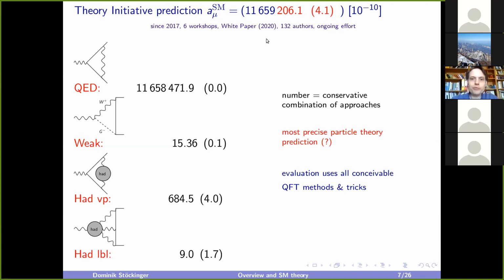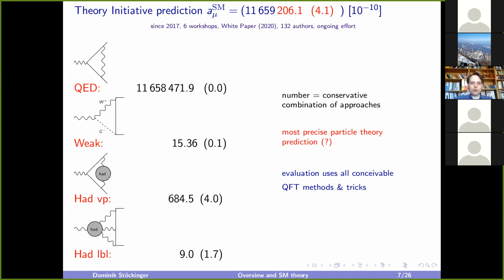So the white paper from last year put forward the number that you see at the top. Actually, okay, I'm sorry, misprint. What you see here is the experimental value. Sorry, I failed to exchange this. I noticed it yesterday, but I forgot to exchange it. I'm sorry. So the number is, of course, 181 at the end, with an error of 4.3 times 10 to the minus 10, which gives rise to the deviation we saw before.